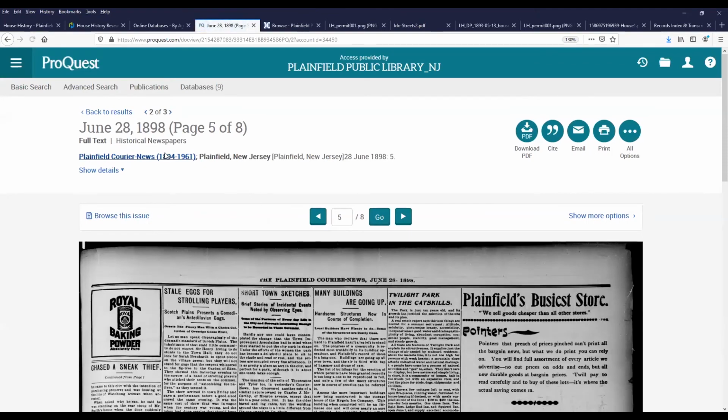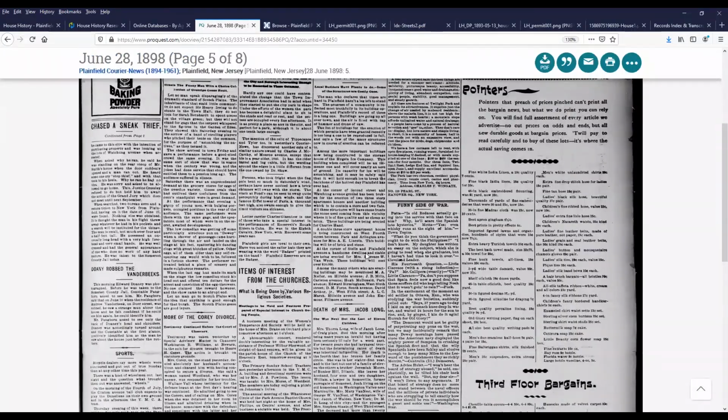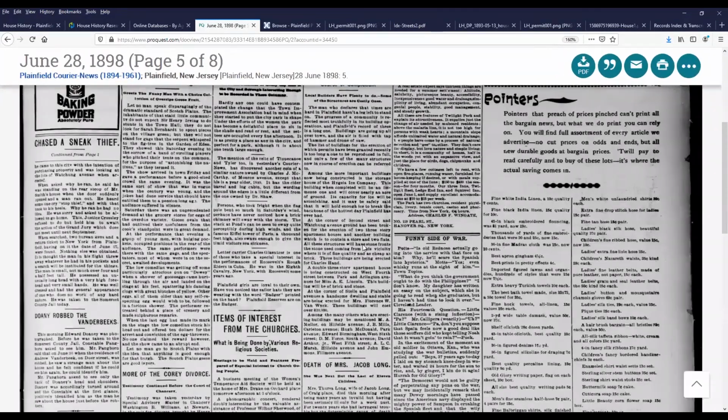It'll open up, giving the date of the issue, the page, and the total pages in this issue, some citation information. It will give us some options to download this, email or print it. And then we have a scan of the page. So, unlike our other database for the early newspapers, this is a little bit more difficult to do a copy and paste with. And it's also a little more difficult to zoom in on. So, just for our purposes of today and making it a little easier for you,